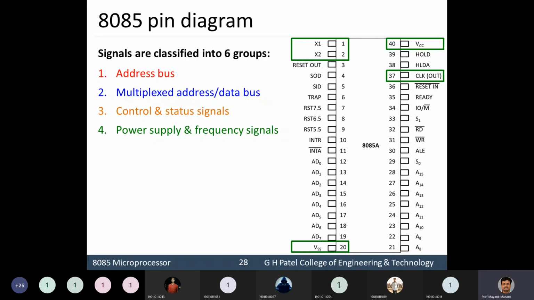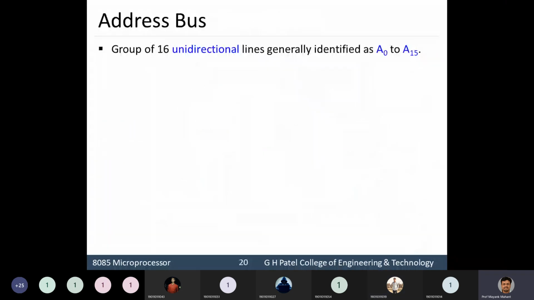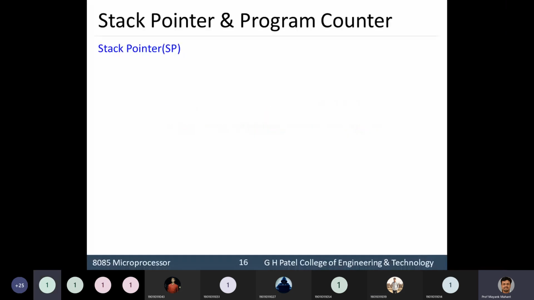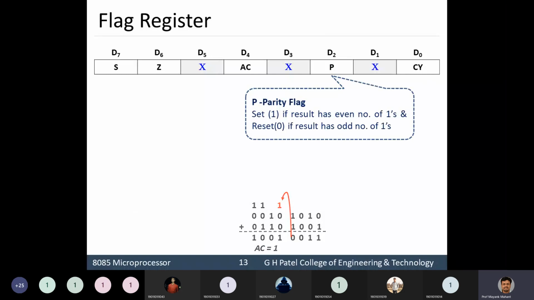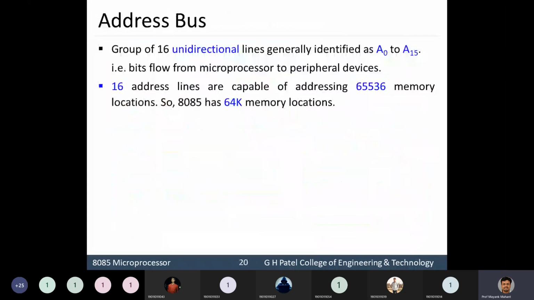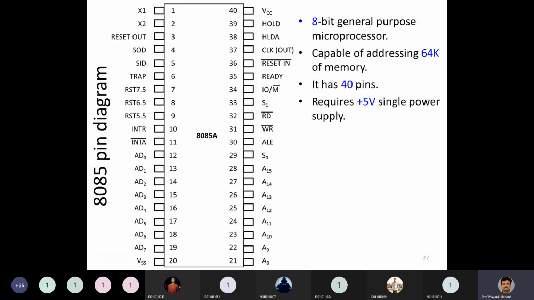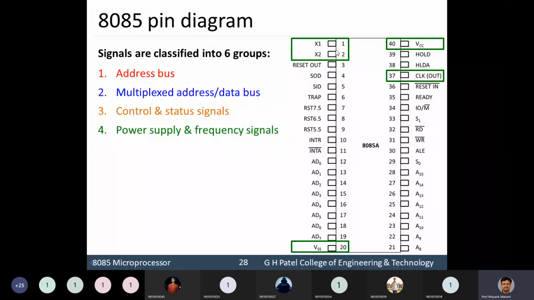Yes, sir. So what was the value of frequency that can be supported by this 8085 microprocessor? 5 megahertz? Maximum, sir. Maximum 5 megahertz? Yes, sir. Let us go back and see. 3 megahertz, 500 kilohertz. Yes, 500 kilohertz to 3 megahertz. Yes, so that is the range of a frequency that can be applied to this microprocessor, and we generally use